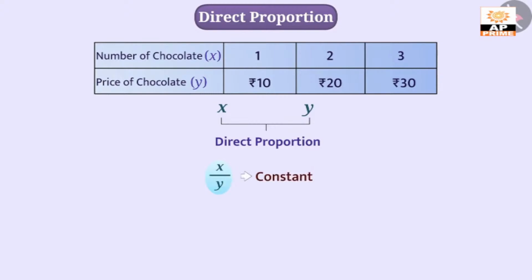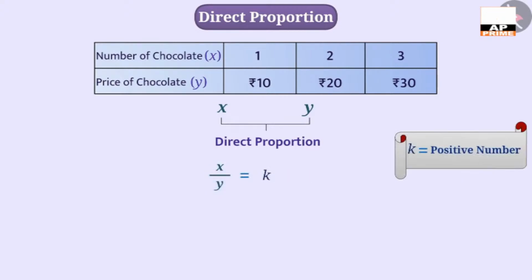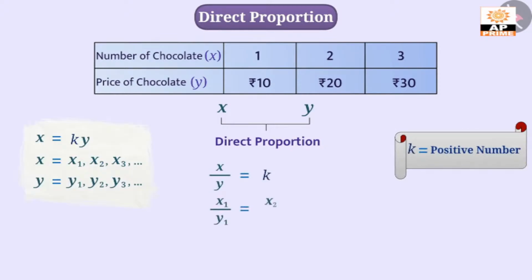Let's consider this as k, where k is a positive number. x1 by y1 is equal to x2 by y2 is equal to x3 by y3 and so on, equal to k. In such a situation, both the quantities where